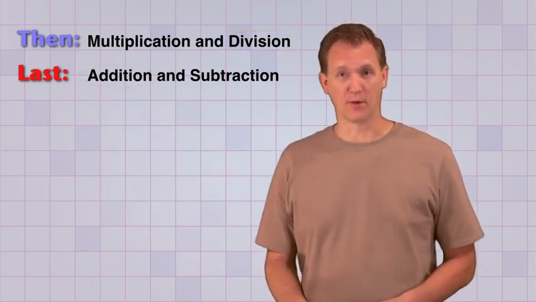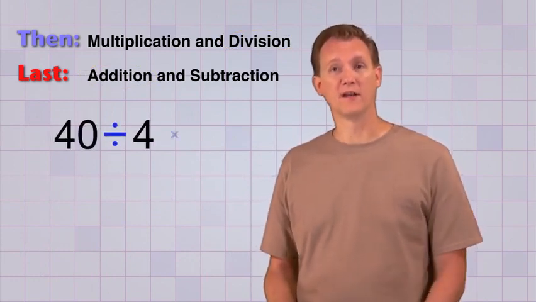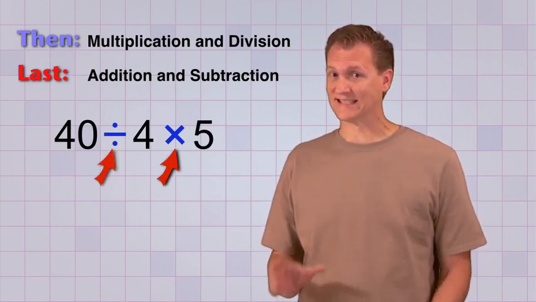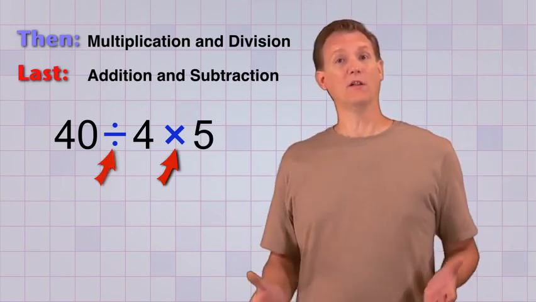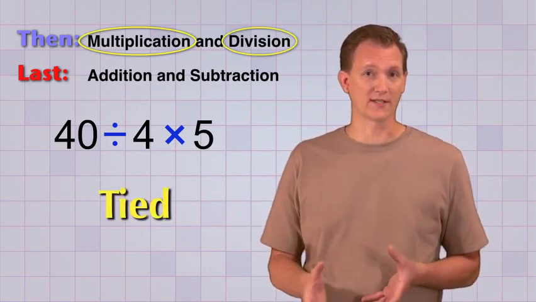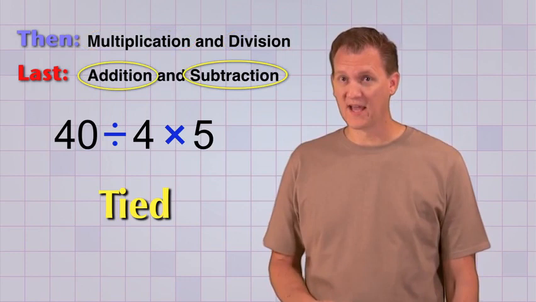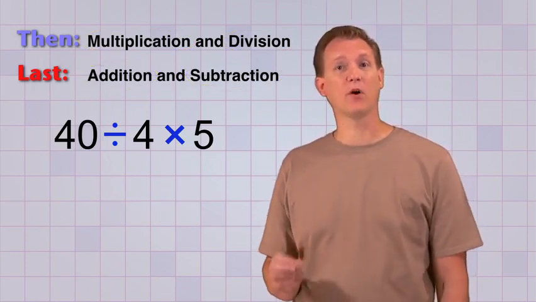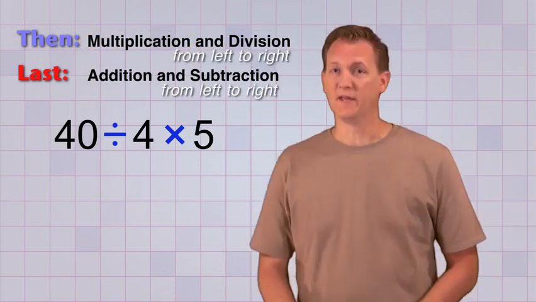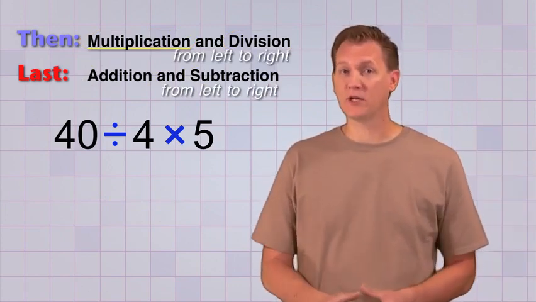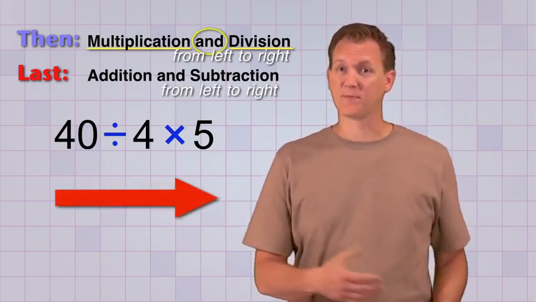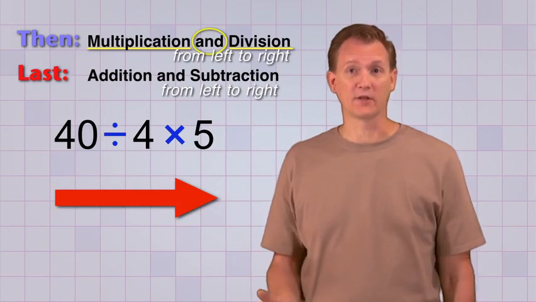And here's one last problem. 40 divided by 4 times 5. Which do we do first, the multiplication or division? Our rules don't tell us. Well, that's because multiplication and division are tied for priority or importance. So are addition and subtraction. And that's the reason we need an extra part at the end of each of these rules that says from left to right. If you have a problem that has both multiplication and division, then you're supposed to work it from left to right. That's because in some cases, you can get a different answer if you go from right